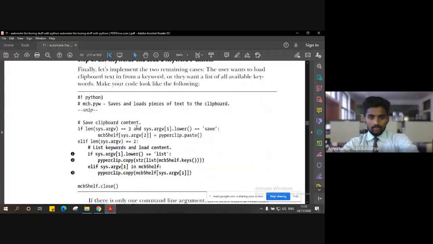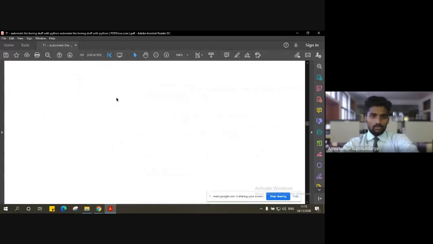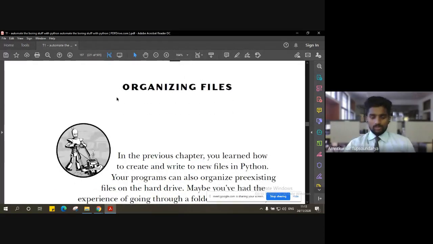So in today's class, we are going to go a little deeper, but with a few very basic things which you are already aware of, which is more about organizing files. This is the third chapter under module 3. This is chapter 9, and in this chapter we'll be dealing with how we can organize the files that we have created, or whatever operations we do with respect to files: creating a file, deleting a file, placing a particular file, copying them, moving them, zipping them. Those are the things we are going to learn in this particular chapter, right?